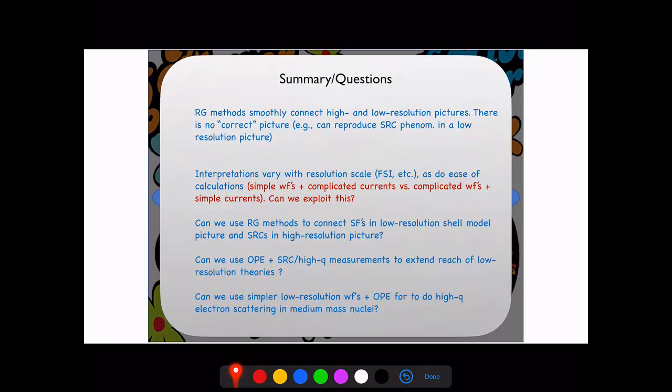There is a new series of inverse kinematics measurements for SRCs with hadronic probes. The first result is going to be published in Nature Physics, I guess, in the coming weeks. We already did the proofs from an experiment we did with carbon from Dubna. And then there are follow-up measurements later this year, with carbon-16 beams and carbon-12, of course, but mainly carbon-16, in R3B and GSI. So there is going to come quite a lot of data that will also relate things